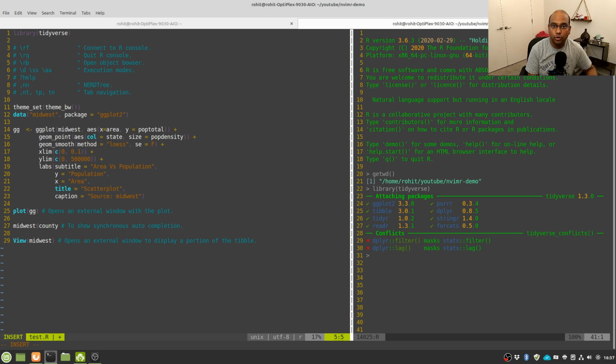\ro is to open the object browser. We do not have many objects right now. Once I have created a couple of objects, I'll show you how you can visualize those objects in the object browser. To execute one single line, as I showed you, you have to type \d. To execute a selection, a block of code that you have selected, \ss. And if you want to execute the entire file like you do in RStudio by pressing the source button, then you have to type